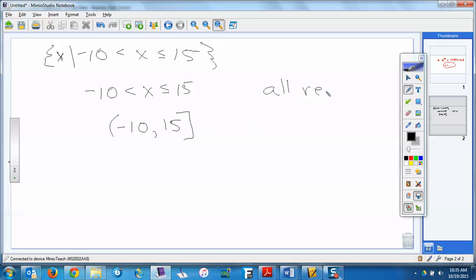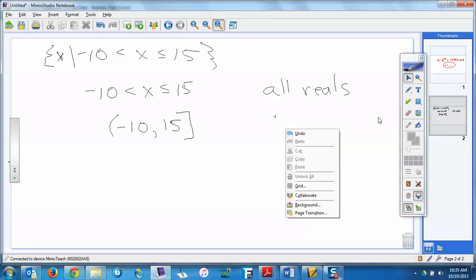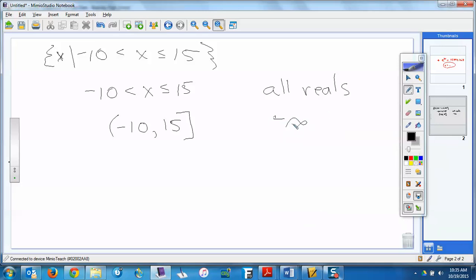So when you say all reals, another way of saying all reals is negative infinity to infinity. That's another way of saying all reals. Can you say all reals? That's fine. But negative infinity to infinity is another way to say that. And you would never put a closed bracket on an infinity. Ever, right? You cannot include infinity. Okay? You could not get there. So you would not want to do that. Okay? It could be counted wrong, as a matter of fact. Okay? So always an open parenthesis on that. All right, so that was one thing.